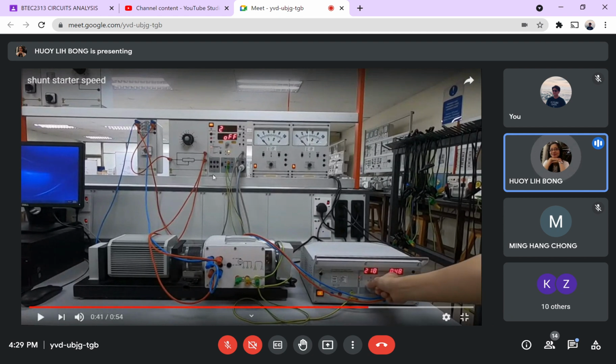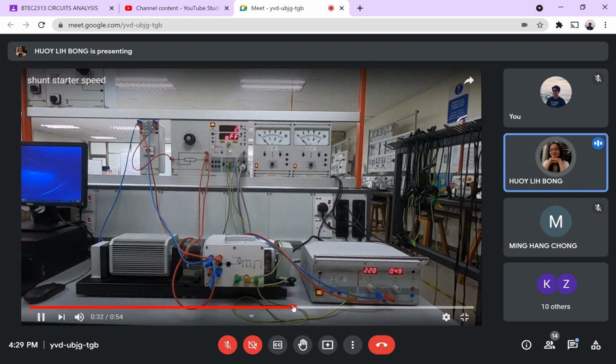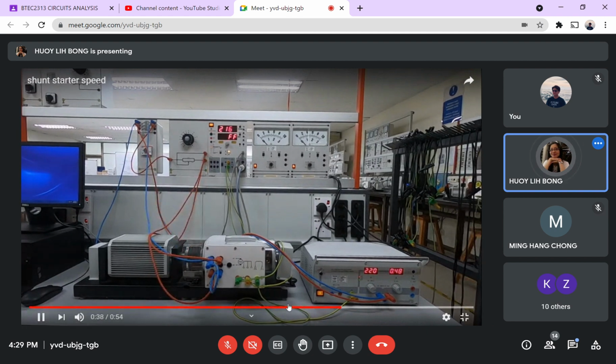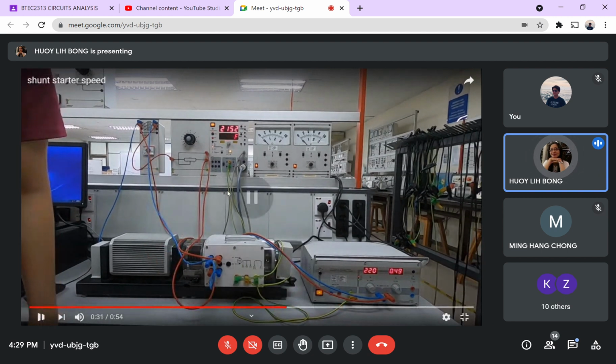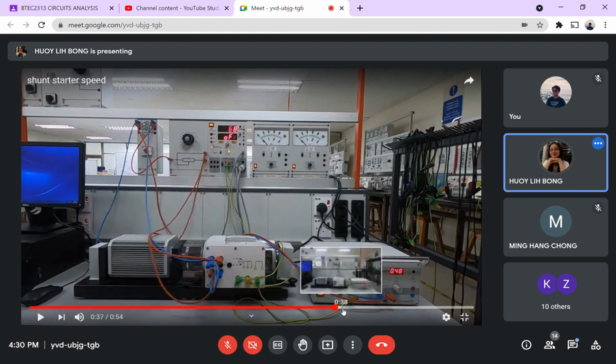But you can see the motor speed actually is not a stable thing. It keeps on increasing. So actually I cut the video short already. If not, you need to wait a very long time to get the steady state speed. So